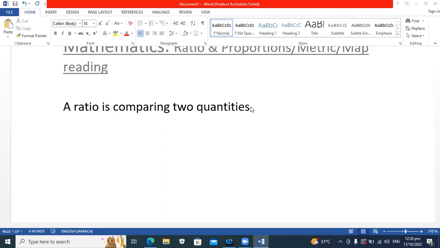All right, so a ratio is basically comparing two quantities. For example,